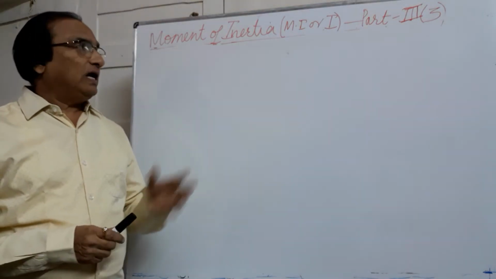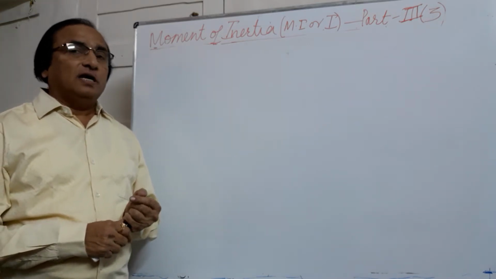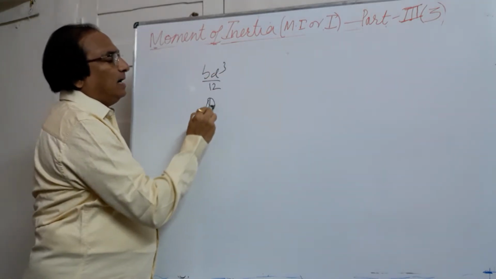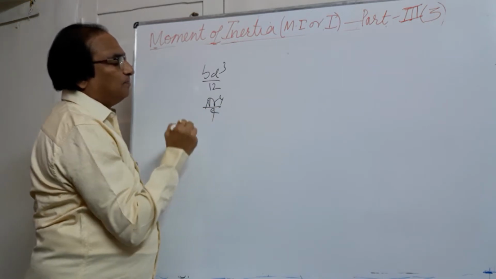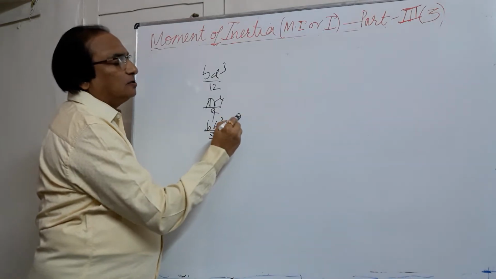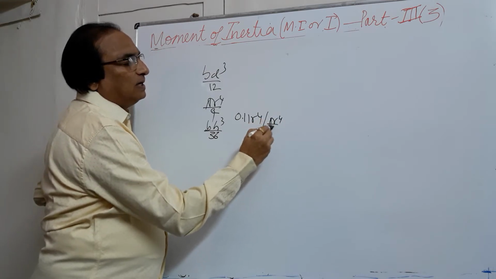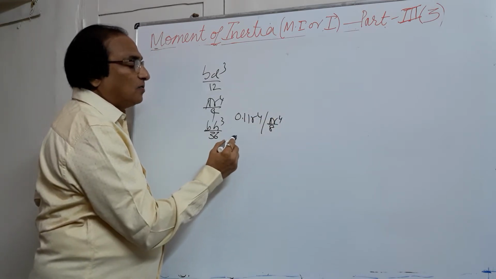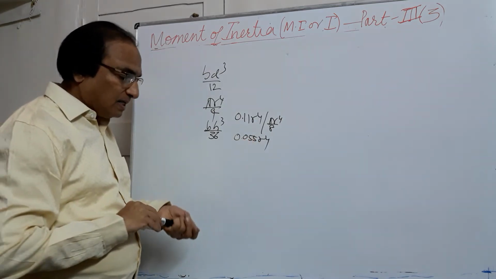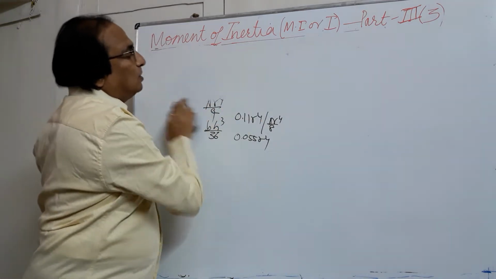In the earlier video, we had derived the formulas for moment of inertia of some regular figures. For a rectangle, it was bd³/12. For a circle, πr⁴/4. For a triangle, bh³/36. For a semicircle, 0.11 r⁴ parallel to the diameter, or πr⁴/8 perpendicular to the diameter. For a quarter circle, we had seen it is 0.005 r⁴. So remembering this, we will go further by solving the problems. Learn these formulas by heart to solve the problems.